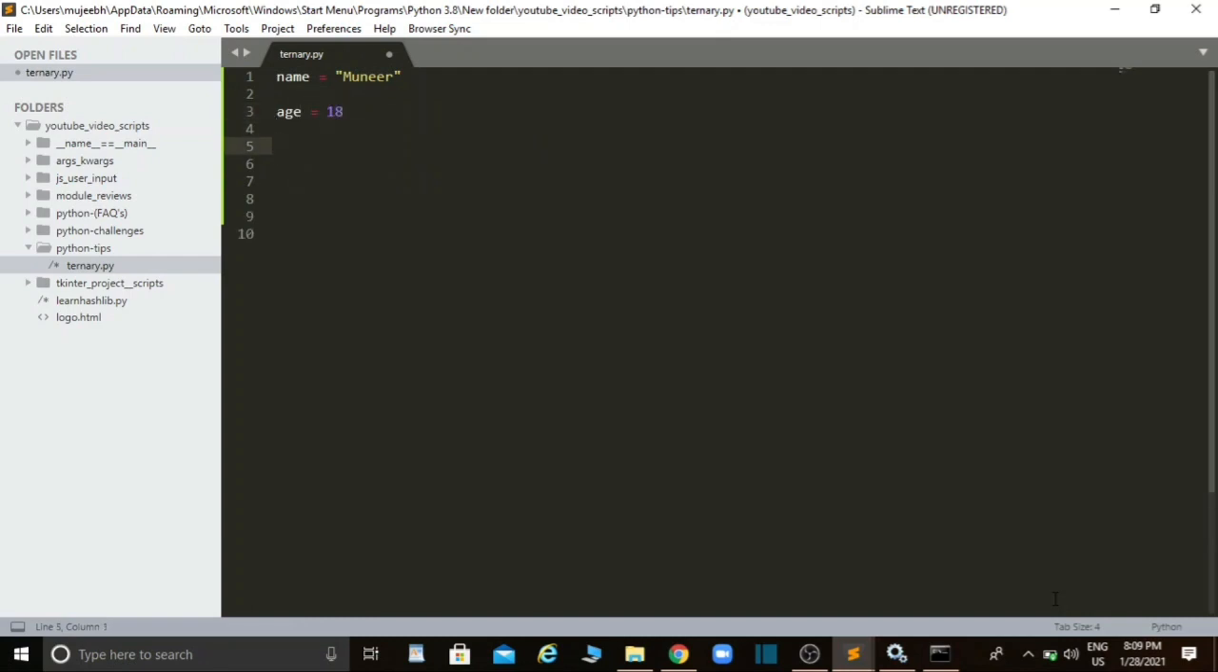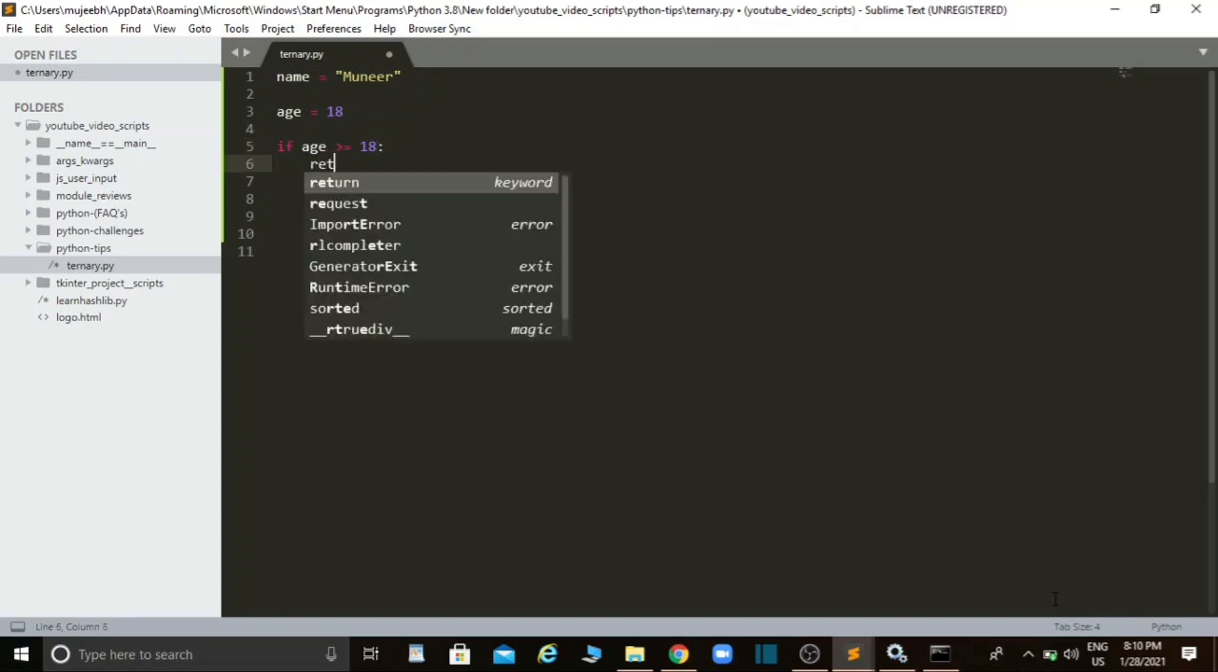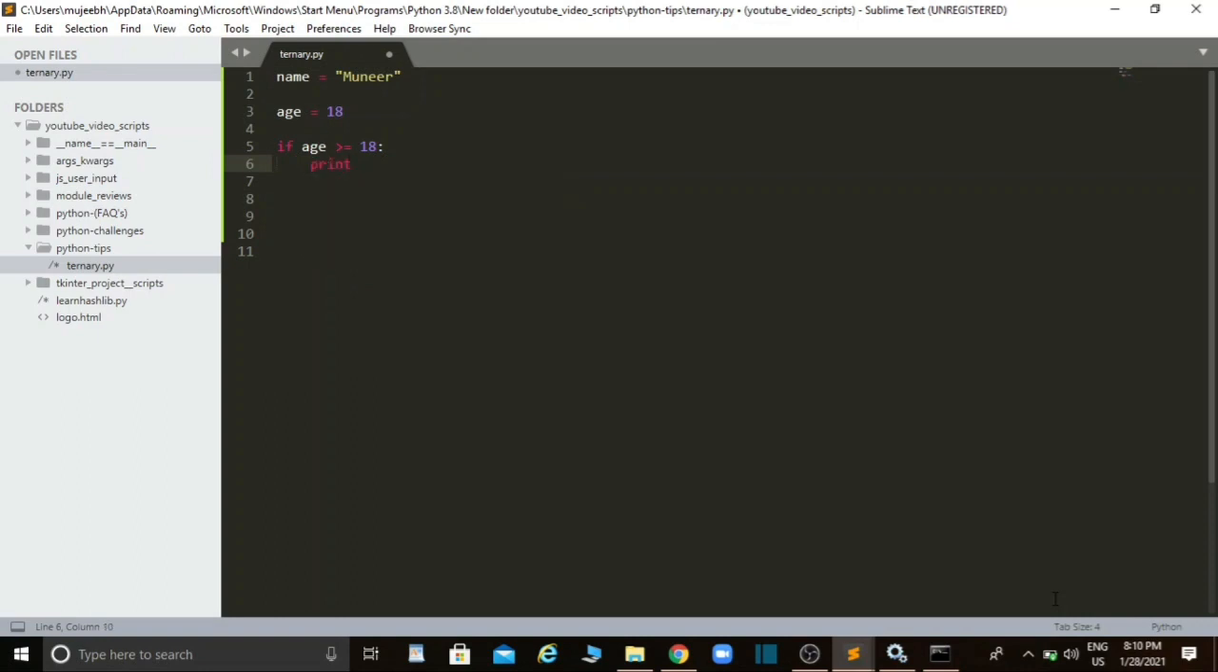Now I'm asking you to create a program which tells you whether you are eligible to cast vote or not. Basically, if you're 18 or above, you can cast vote. Now how will you go about making this program? Well, you could do something like this: if age is greater than or equal to 18, then print an f-string